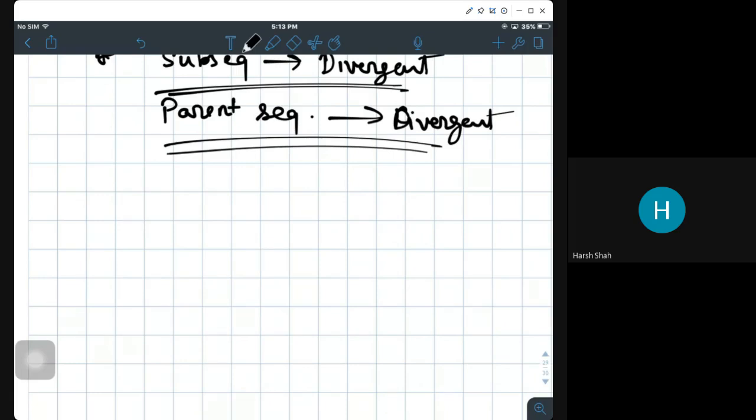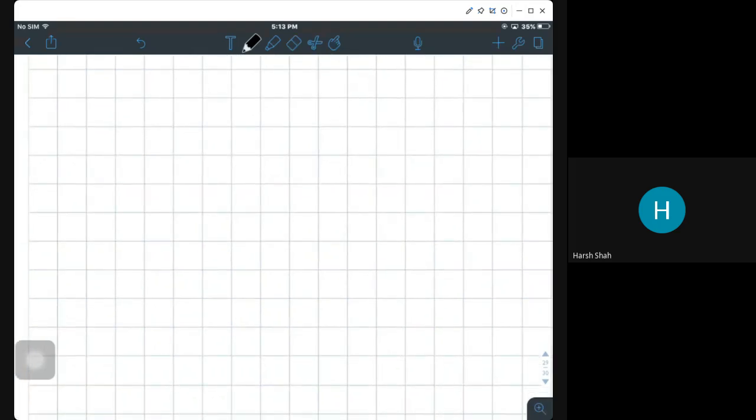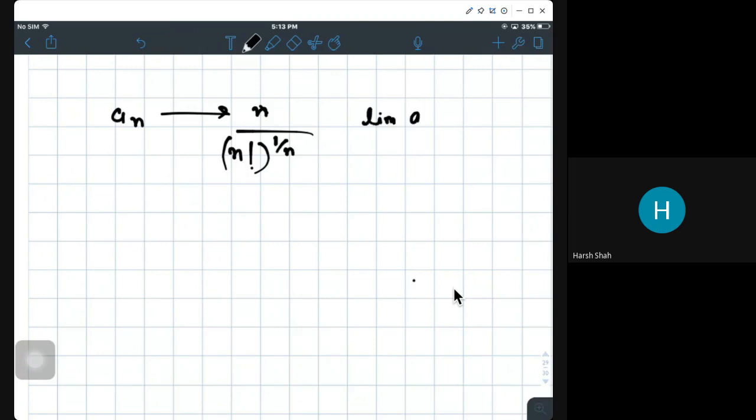Okay, let me bring up a question from my side. Let's say you have a sequence, n upon n factorial to the power 1 by n. Okay, this is your one sequence. The limit of an is e. Now find